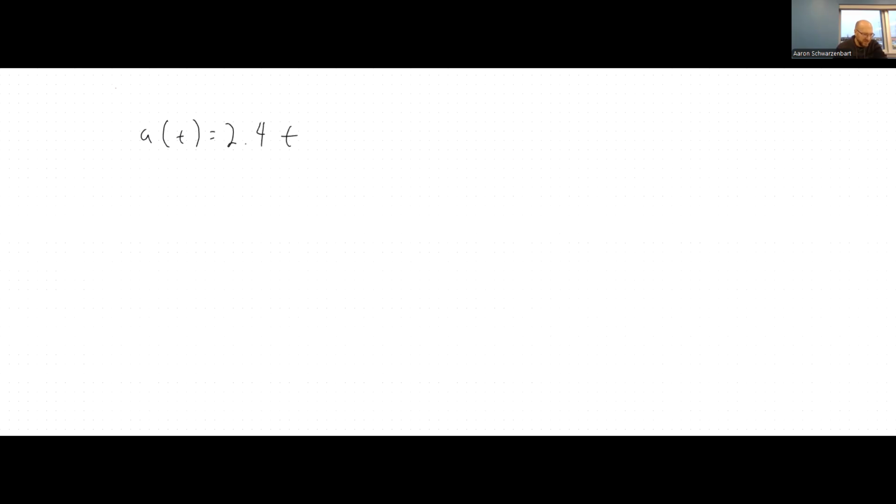So the initial velocity is 5 miles per hour. And it's accelerating for 8 seconds. So how fast is the car going when 8 seconds is up? So if I integrate acceleration, I get velocity, correct? So v of 8, I must take my initial velocity